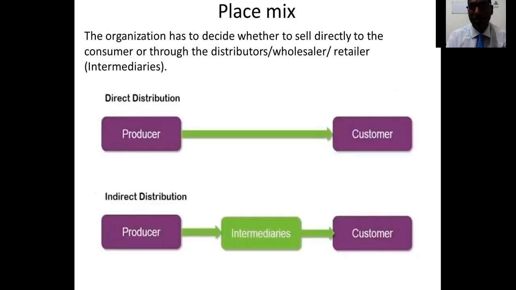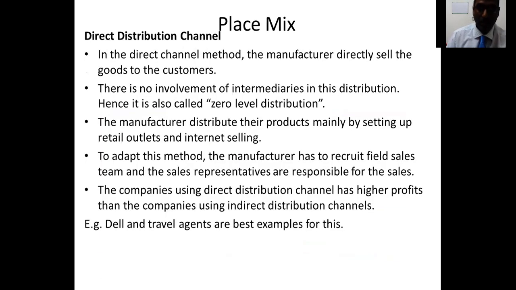So direct distribution means the producer themselves sell the product directly to the customer. Nowadays with technology this happens, like many people, but initially started by Dell computer, they manufacture and then it goes online. So the customer places an online order and then they produce and send to the customer. So that's direct distribution. Indirect means there will be one or two or more intermediaries there. So the producer produces, after that it goes to the intermediaries, then it reaches the hands of the consumer or customer.